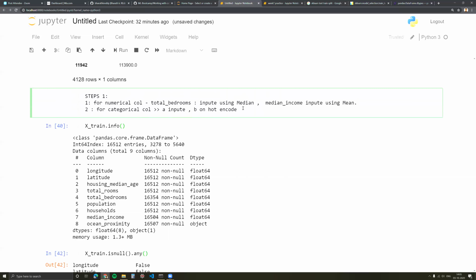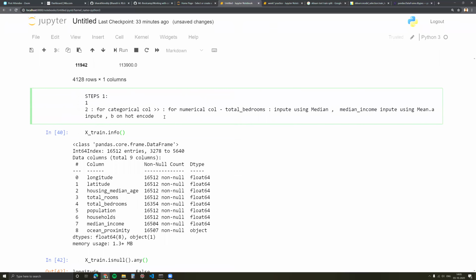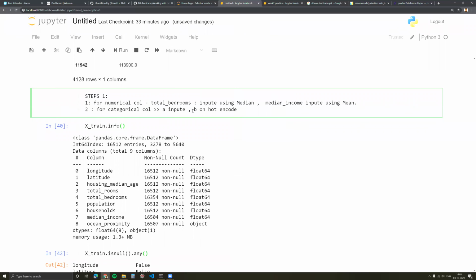First impute, then one hot encode. So if we are able to achieve this today, then you should be able to build any pipeline using multiple strategies, both which can run in parallel, and in sequence, that means first do something and then do something. Okay, let's start.